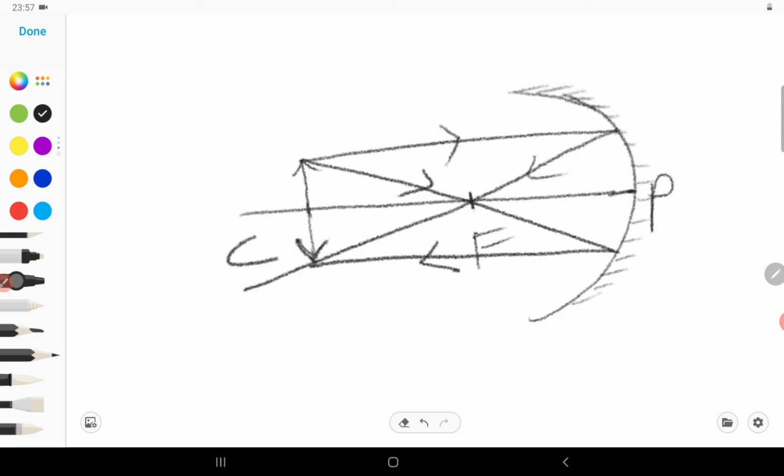don't forget to put the arrows, right? If you draw the diagram properly with the help of a scale, then you will not face this kind of problem. I shall make the video for these diagrams again using the scale also, just for your reference. So the nature of image formed,